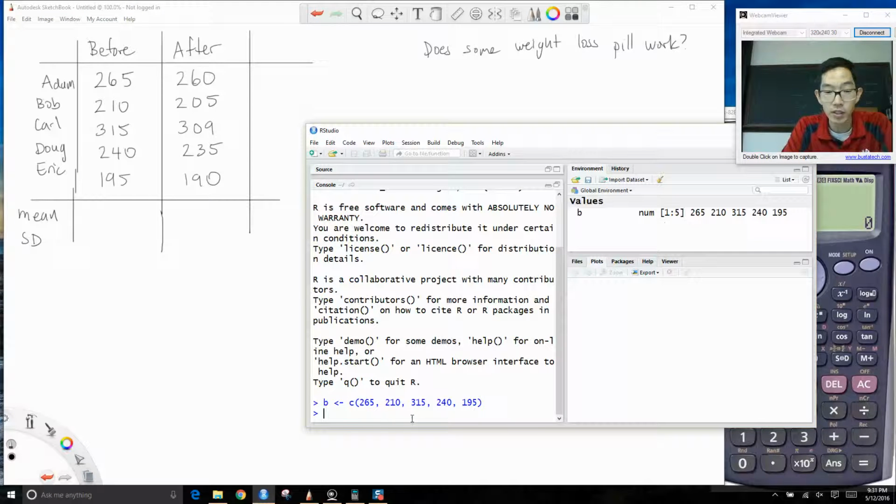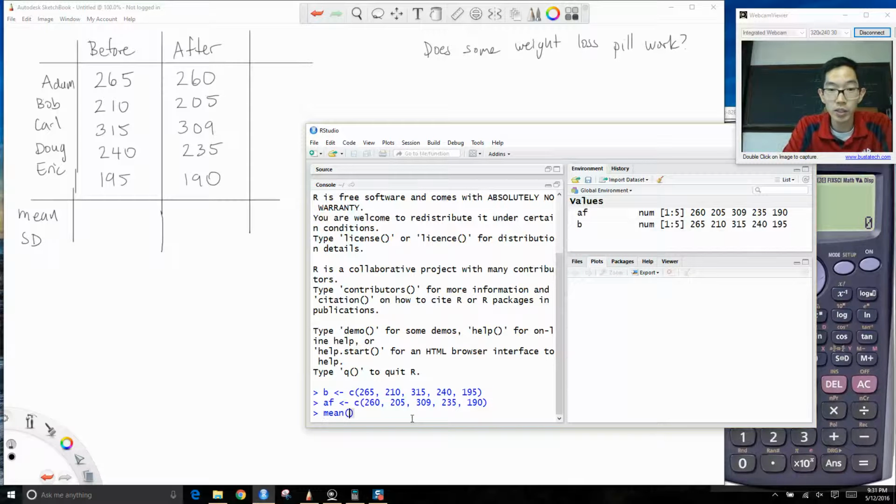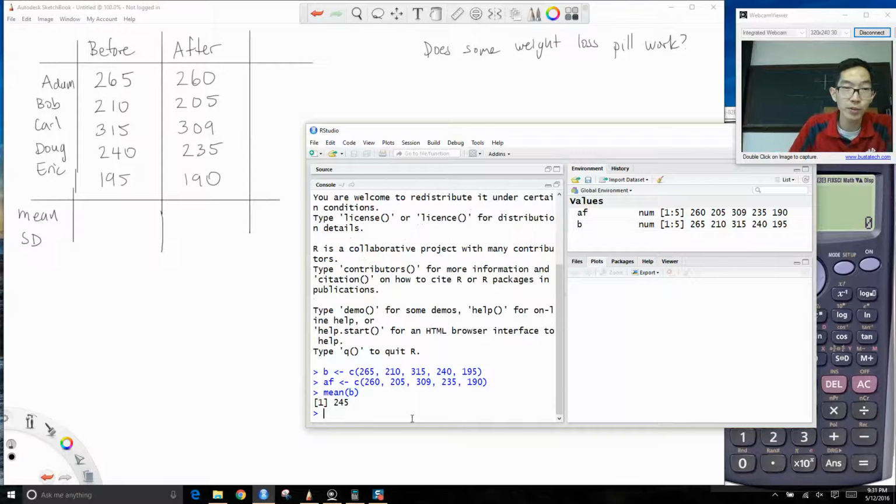And then the after will be 260, 205, 309, 235, 190. Okay, so the mean of before is 245,